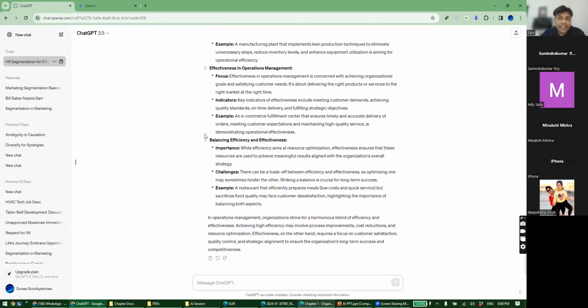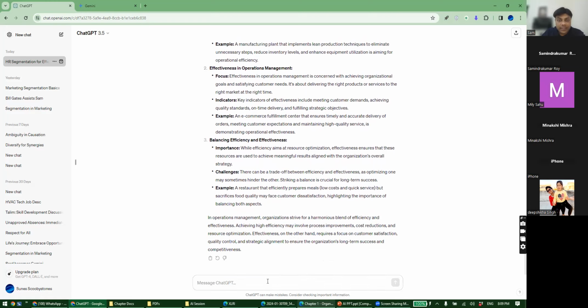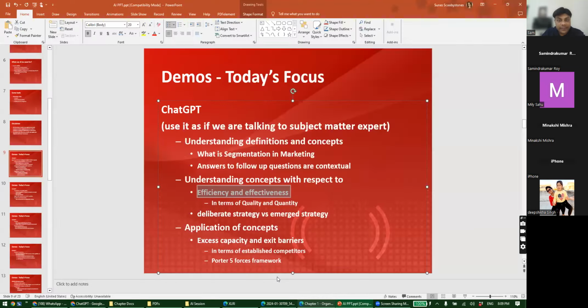Okay, so here it is giving a third point, which says balancing efficiency and effectiveness. While efficiency aims at resource optimization, effectiveness ensures these resources are used to achieve meaningful results. So it's making my understanding deeper. In the initial 2 points, it gave distinct explanations, but in the third point, it is actually trying to balance it out. Now, my follow-up question would be, I've already listed here, I want efficiency and effectiveness in terms of